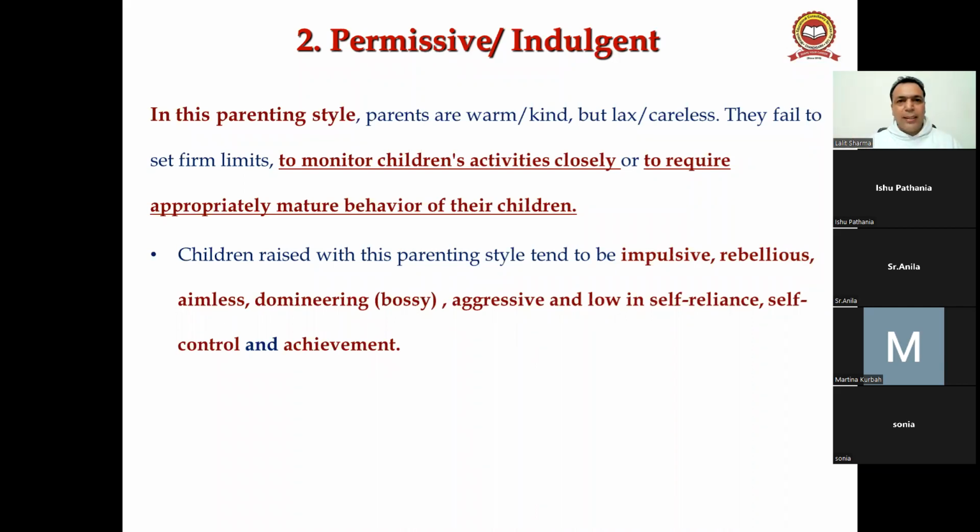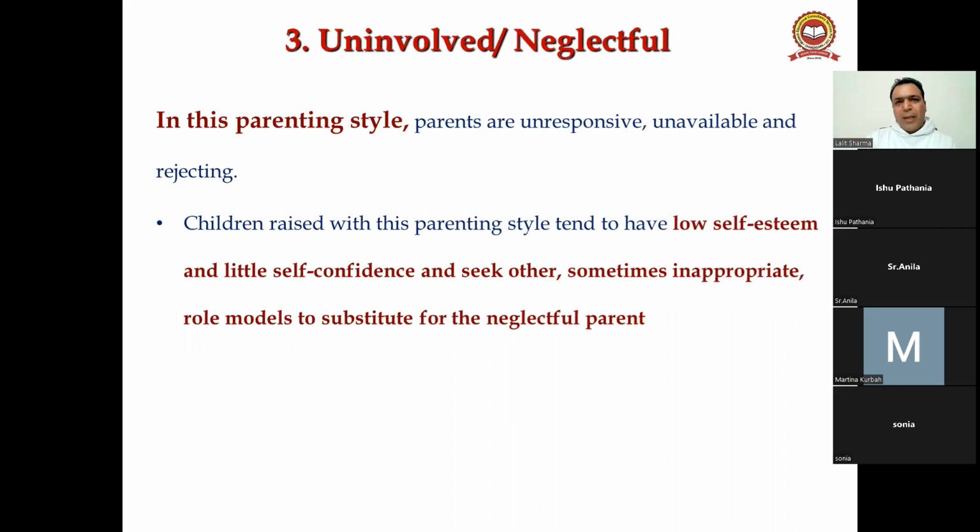So guys, third we talk about uninvolved or neglectful, मतलब जो neglectful parent होते हैं, है ना? In this parenting style, parents are unresponsive, unavailable, rejecting. Means he is not caring what the children are asking. What his child is asking, he is unresponsive, and he is talking on the mobile phone and doing other activity. So what will be the result? What is the impact of the uninvolved parenting style of parents on the child development? Children raised with this kind of parenting style tend to have low self-esteem, little self-confidence, and seek others, sometimes inappropriate role models, to substitute for the neglectful parent, right? So yes, such kind of qualities your child starts